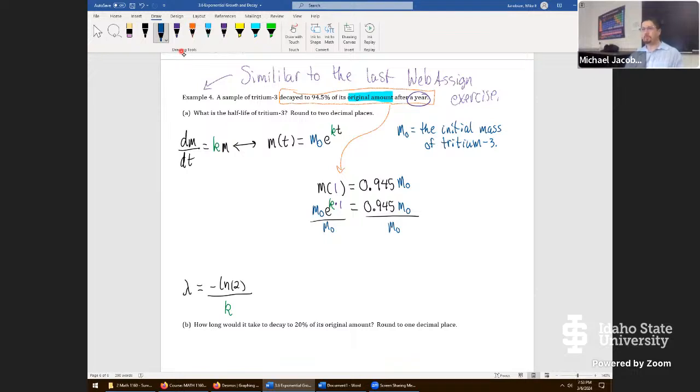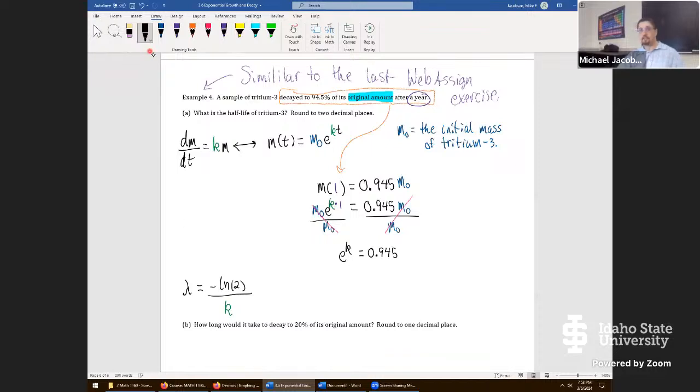Again, that's kind of weird, but when you think about it, tritium-3 is going to decay at its own half-life. It doesn't matter how much you have, the decay rate is always constant. That's why the initial mass actually wasn't even relevant to this problem. It legitimately just completely cancels out. So it's gone from here and here. All that's left is e to the power of k,